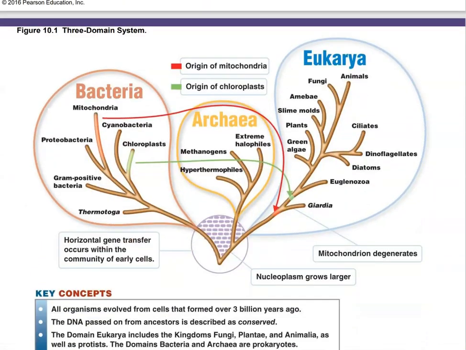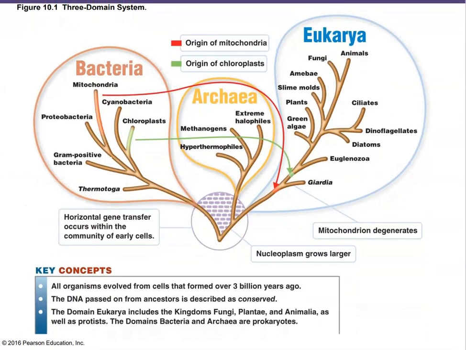So here's the 3 domain system, and entirely based on sequence similarities. And it says that the eubacteria share their own domain, and that's what mostly we'll be focusing on as part of this chapter. We're going to take a look at the different classifications of the bacteria mostly. The archaea are in between the eukaryotes and the eubacteria, but they are so different from both the bacteria and the eukarya that they get their own domain.